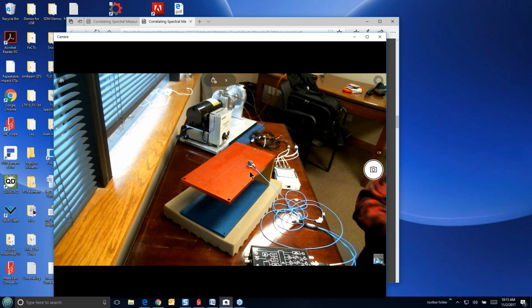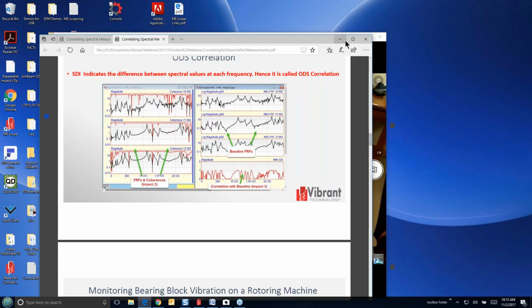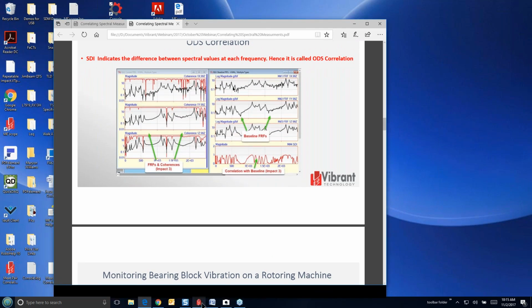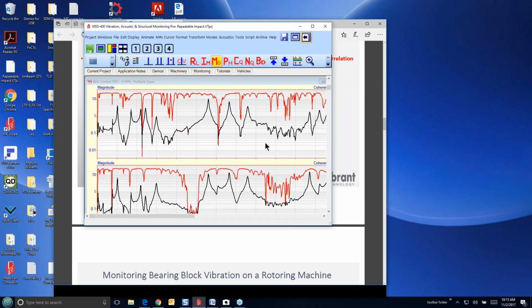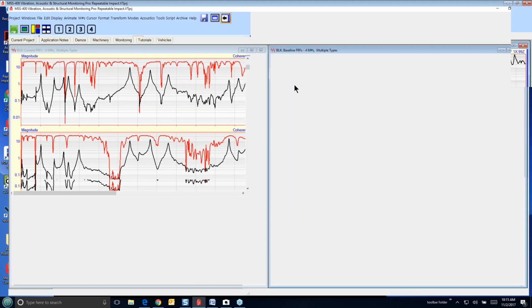So let me go ahead and fire up MEscope, and we'll see how all this works. Let me put some of this stuff off of the screen here. Well, maybe we can just leave it there, and let's bring up MEscope. And I'll make it large.